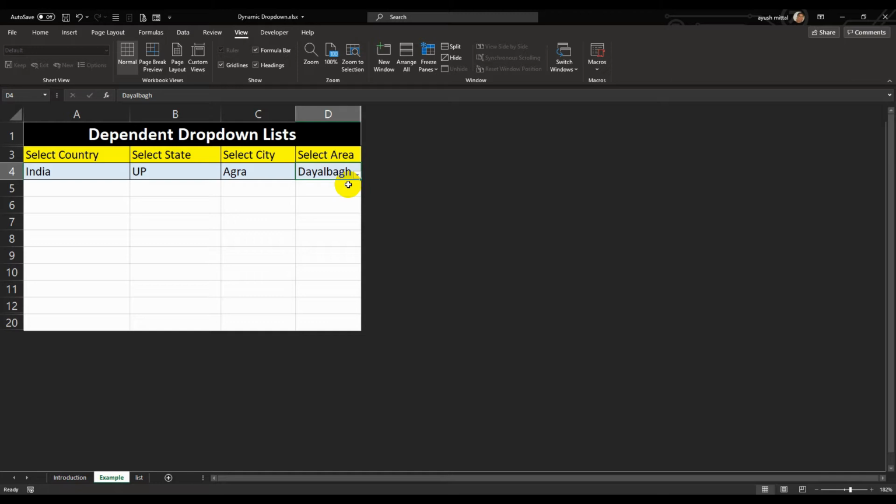So we can use this to subdivide the drop-down list based on the main category, or we can call it a dependent drop-down list made on the base category. So let's start with our video.